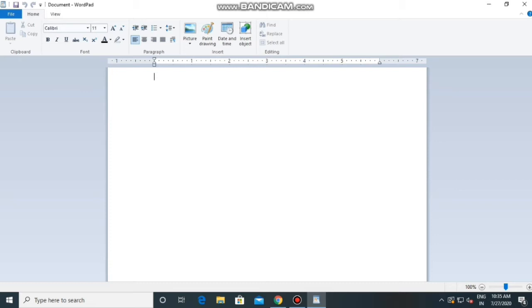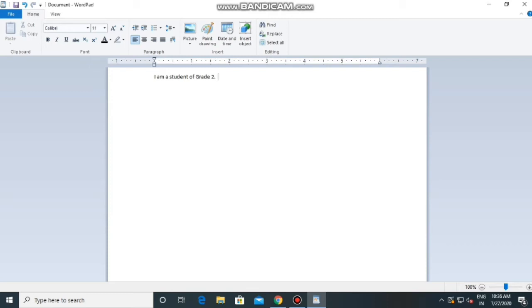Now you can start typing from the cursor position using different keys of the keyboard. For example, I am typing, I am a student of grade 2. We can use the alphabet and number keys for typing text. For giving the space, I am using the space bar key. Wherever I am requiring the space, I am pressing space bar key.